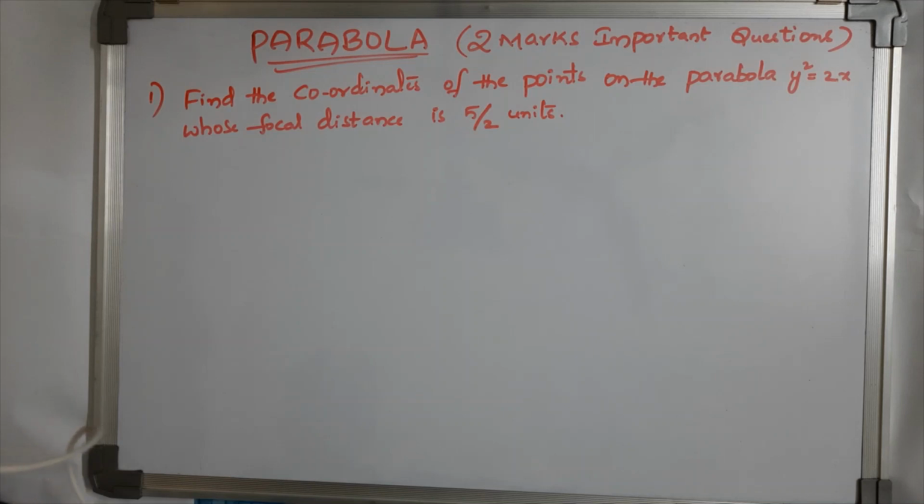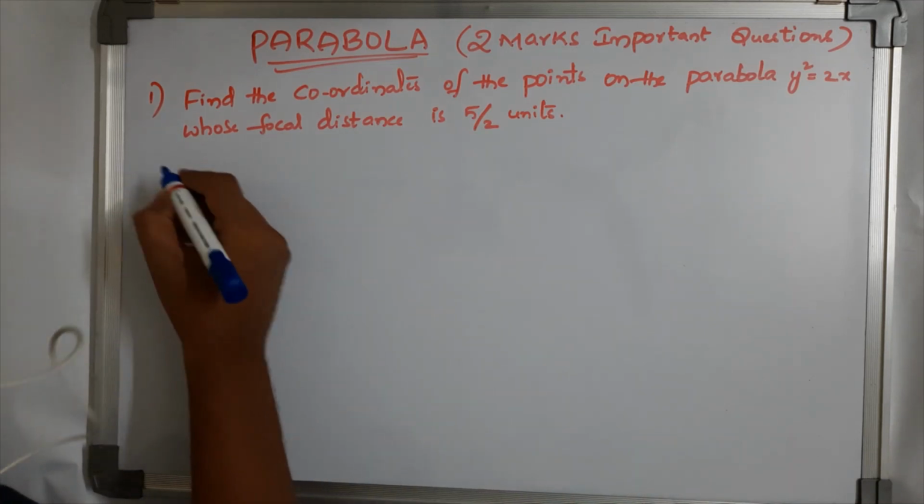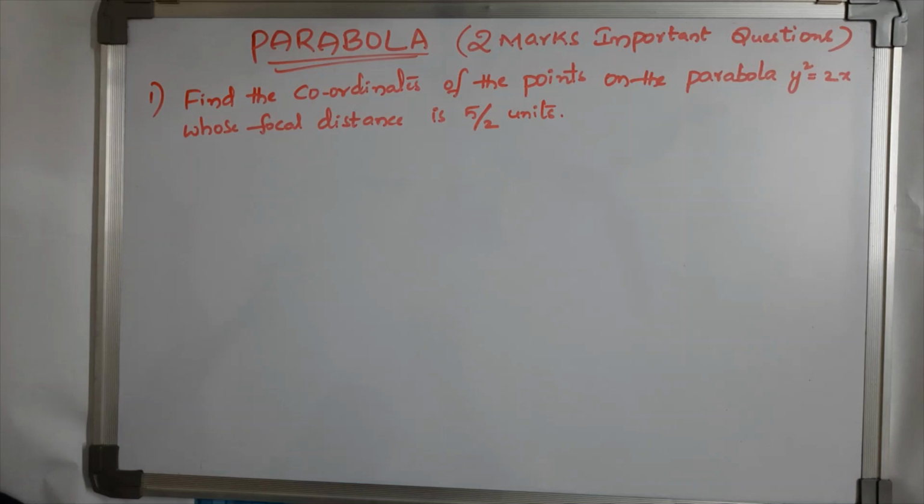Here are the questions. The first question is, find the coordinates of the points on the parabola y square is equals to 2x whose focal distance is 5/2 units. In the question itself, the equation of the parabola is given and the focal distance is given. We have to find the coordinates of the point. Okay. So, first of all, what you have to do is